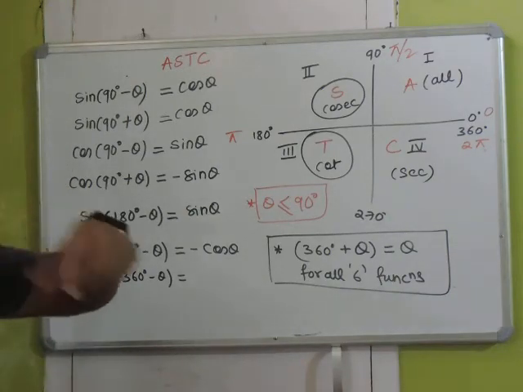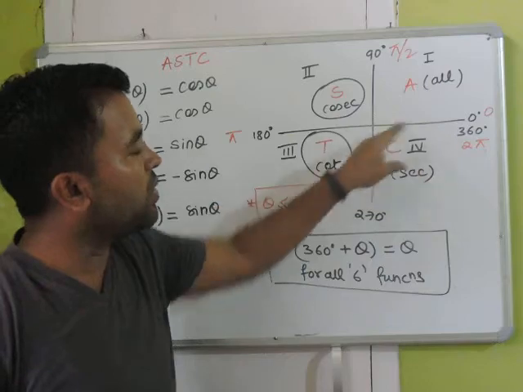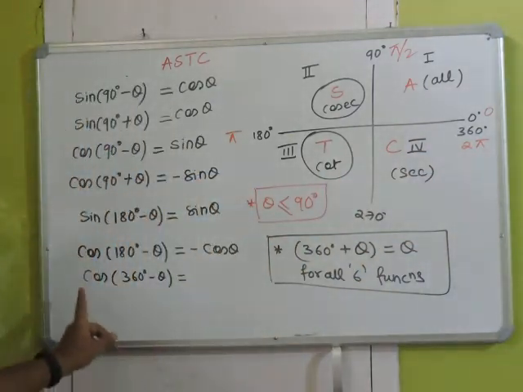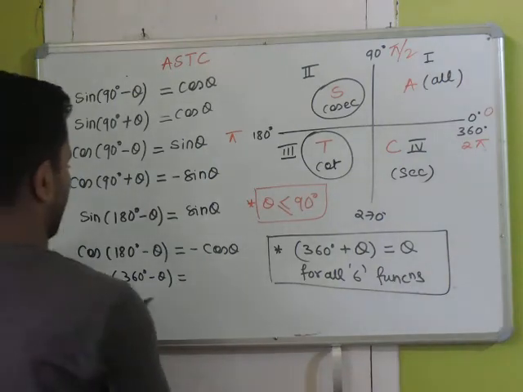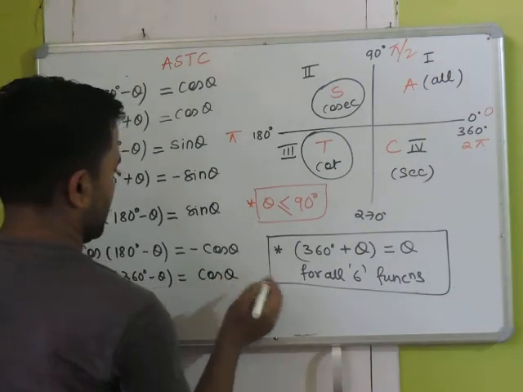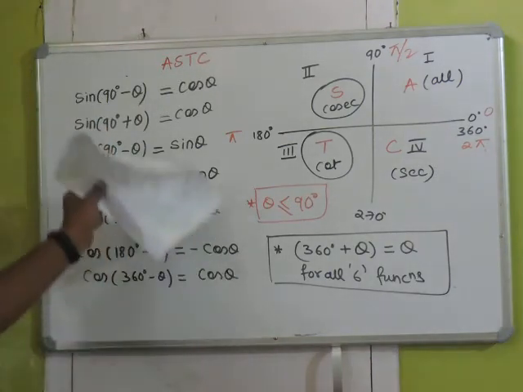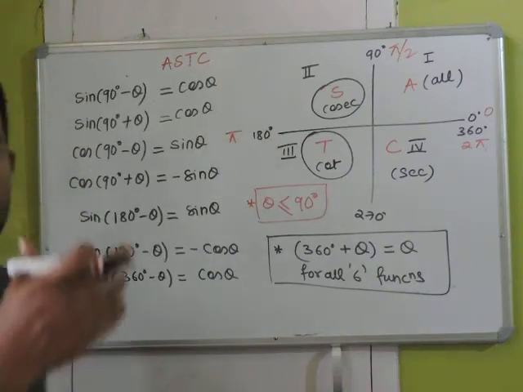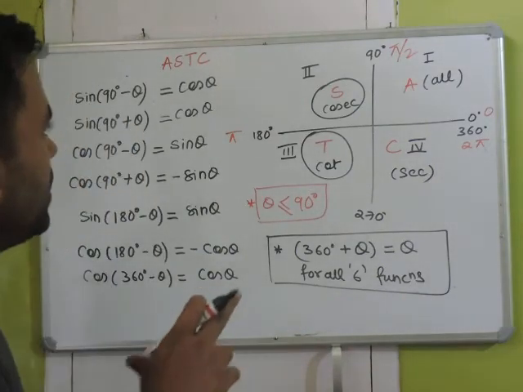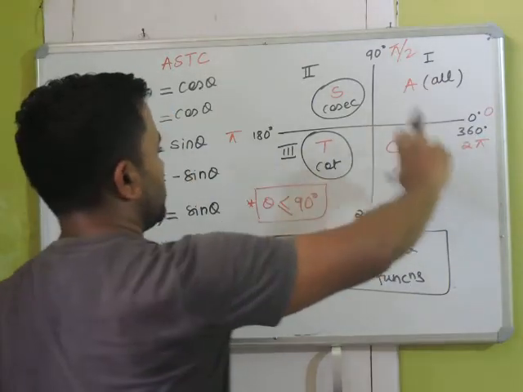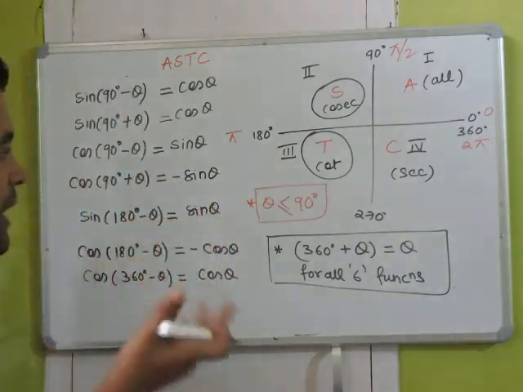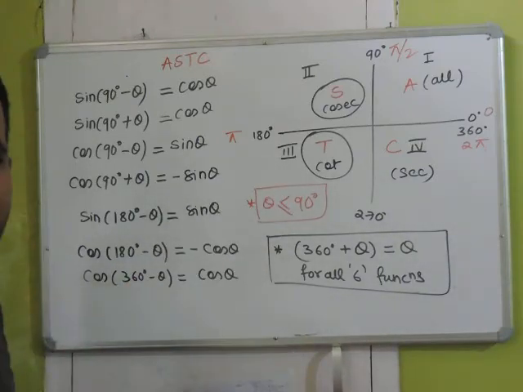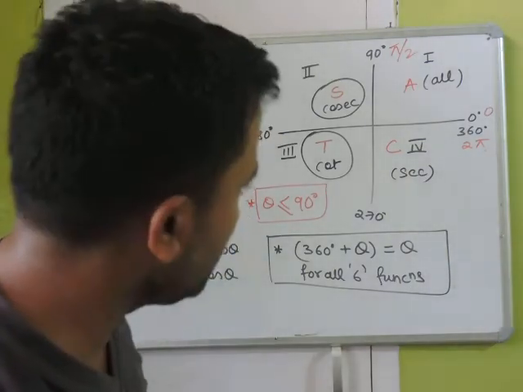Now you can see 360 minus theta means you are in the fourth quadrant. Here cos is positive, so cos is going to be positive only, right? So in this way we can understand this. If you understand this ASTC rule, then you can all write this formula. You can write for 270 plus theta, or for any value you can try it. I'm just leaving it to you guys.